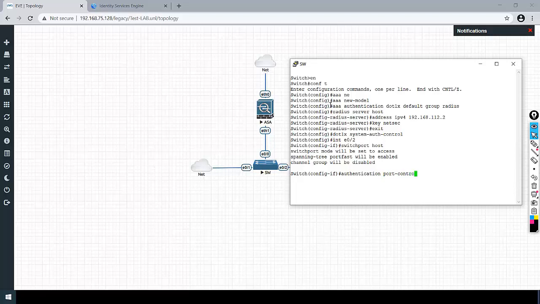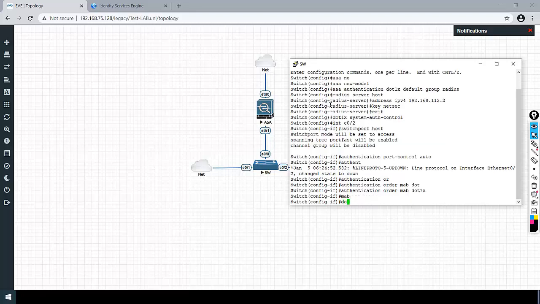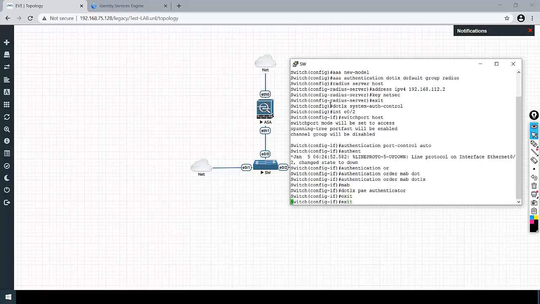Run the command authentication port-control auto. As soon as you run the command authentication port-control auto, you will see the interface is down. Now we will set the authentication order to mab and dot1x. Then we will run the command dot1x pae authenticator, and we are done with the configuration of the switch.